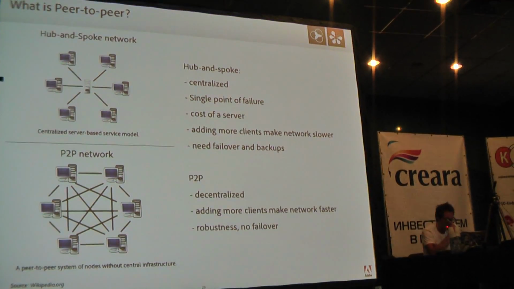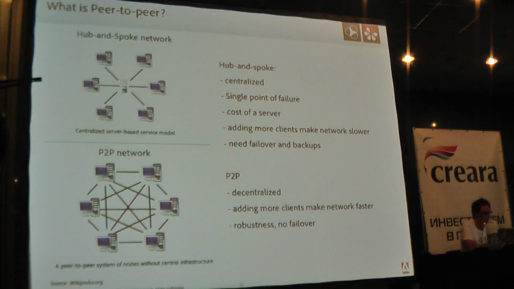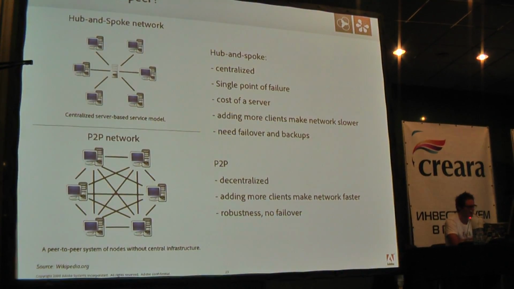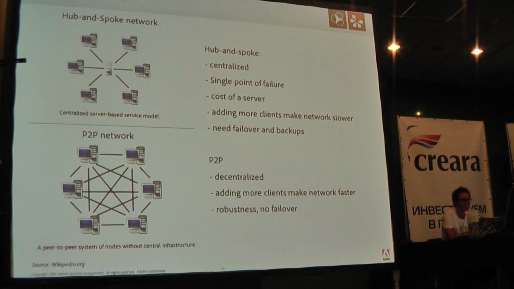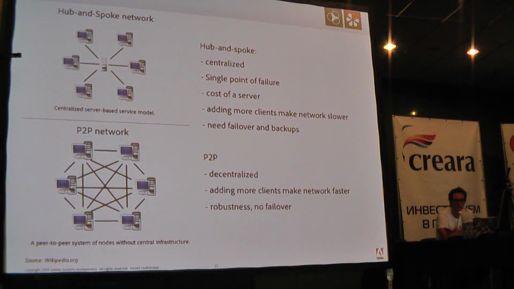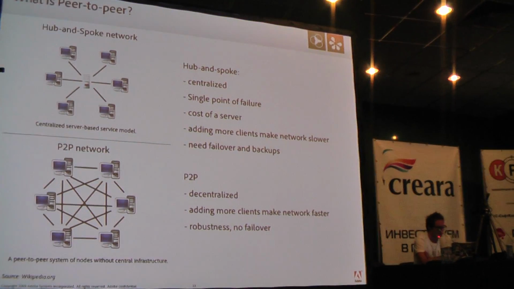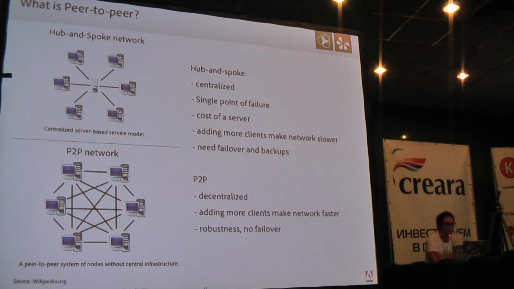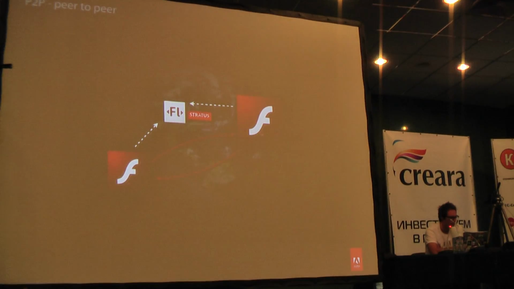So how does it work? We have currently two different, let's say, topologies. One of them is hub and spoke network. This is a centralized network. It has a single point of failure. That means if your server doesn't work, you need a failover solution. You have to pay for the server and so on, but you probably know this. And with peer-to-peer, it's decentralized, and adding more clients to the network actually makes the network more robust, faster, etc. How it works